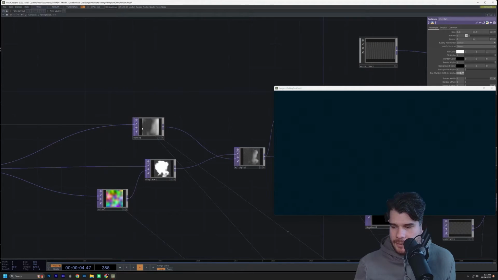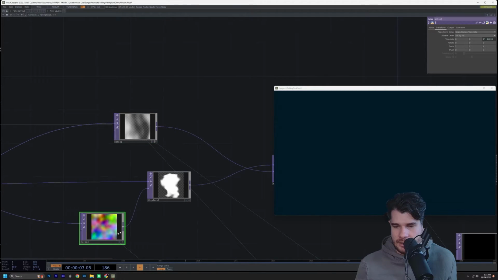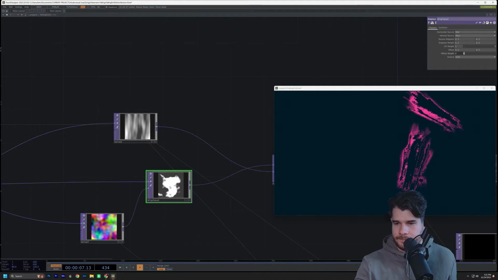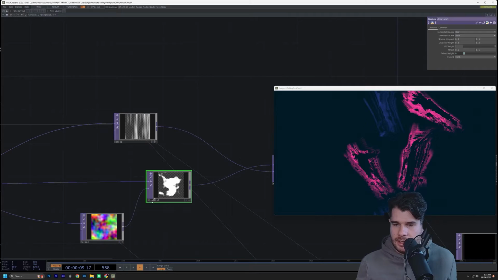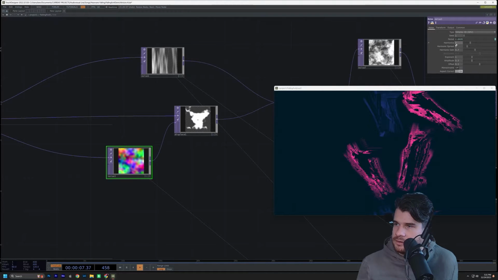So then that goes into a noise, well, two noises. One is generating black and white noise. One is generating full spectrum colored noise. This noise is displacing. And you can see here, we've got some controls coming in to this noise. So this noise is getting translated by absTime.seconds, but the period of the noise,